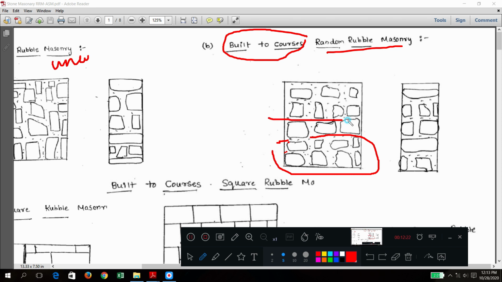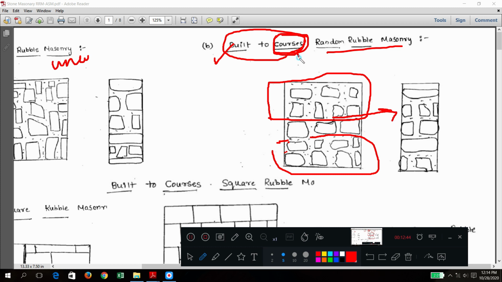Whatever the available stones are, using them you can construct one unequal course or more or less courses. That is why the name built-to-course is given: available stones are used to build one course.